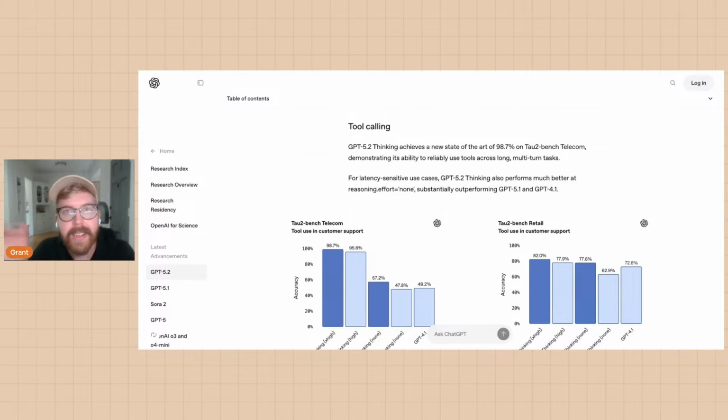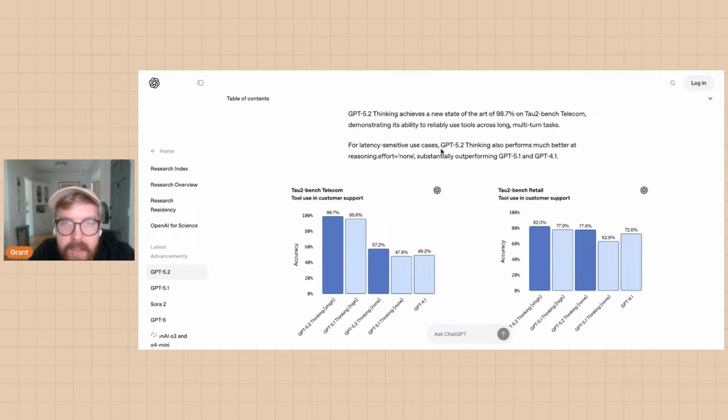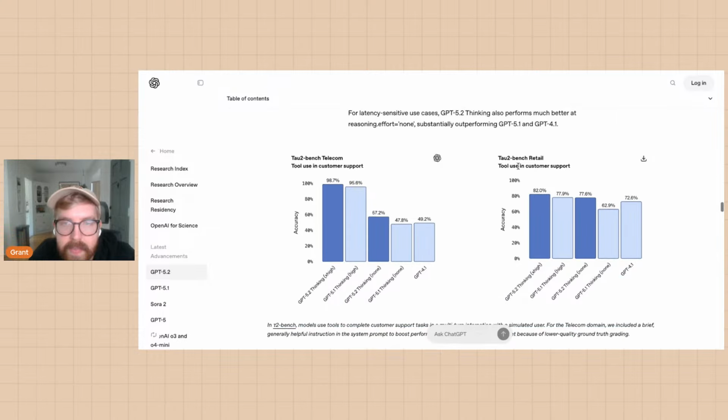So GPT 5.2 thinking achieves a new state-of-the-art 98.7% on Tau-bench for latency-sensitive use cases. Also performs much better at reasoning. Okay, so if you remember, Tau-bench is terminal related. So this shows you how the different versions perform.